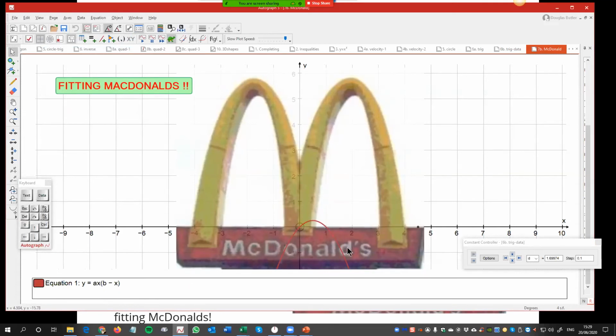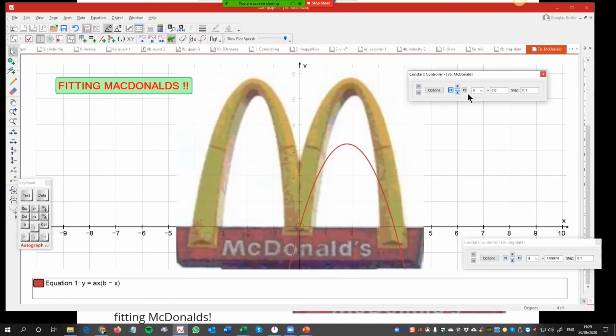Okay, again, try to predict as it goes along. So increase b. That's not bad. About 3.6, that'll do nicely. And then a, move it up a bit. Okay, that'll do. We want it to stop here, though. We don't really want any more than that. So double click on the